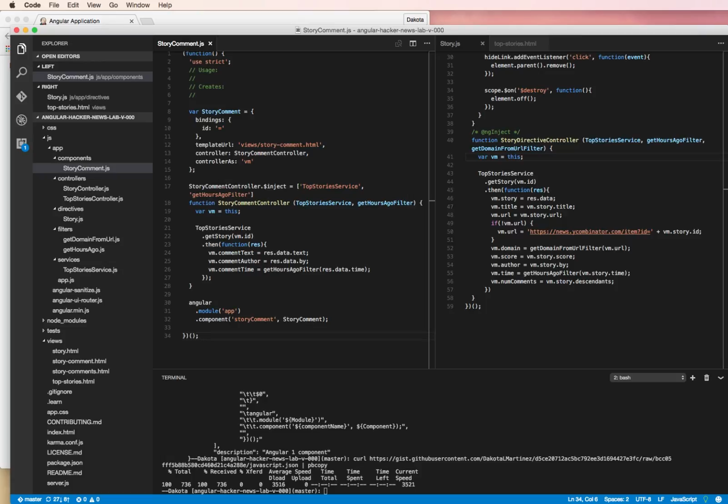Hacker News API. Next, we're going to add in an ng-repeat to display all the child comment IDs in an unordered list within the story-comment component's template. And then we're going to add nested story-comment components within each list item, passing those child comment IDs inside each